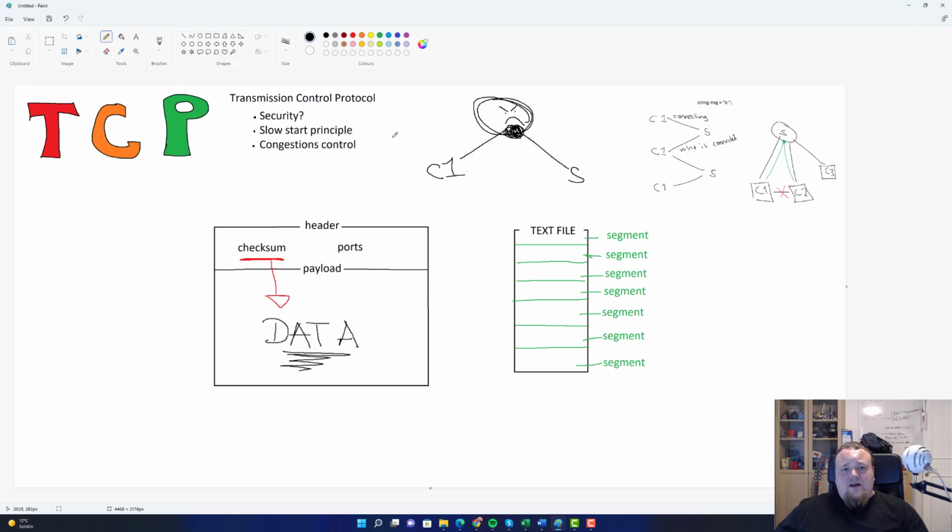I'm going to talk about the slow start principle. When we are sending data back and forth, let's assume that C1 is sending data directly to the server, then the question is, and will always be, what is the available connection in between the two parties? We don't really know. So the best question might be, do we just send at full speed? Are we just sending 1 gigabyte of data to the server, like I'm going to send everything I can?